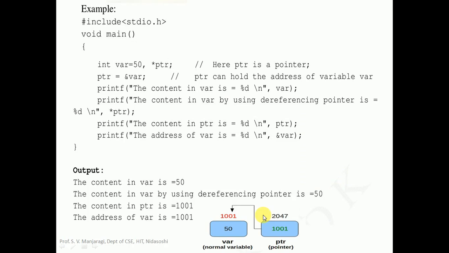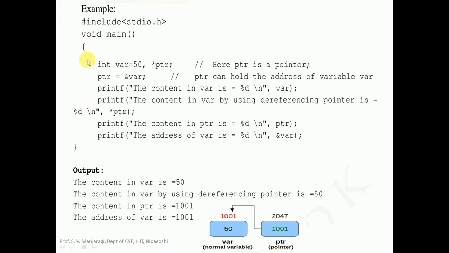Now let us take a simple program to demonstrate the use of pointers. So in this particular program we will begin with hash include stdio.h. Then we have got a main function. So it is basically taken as void main. So main function is not returning any value because its return type is void. So the main function will begin here, it is going to end here.